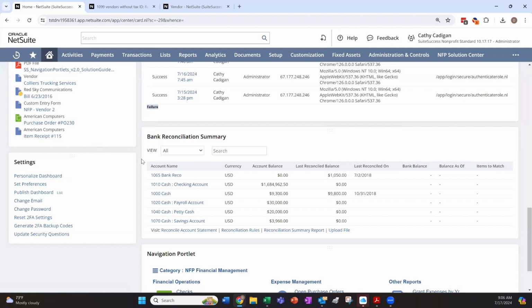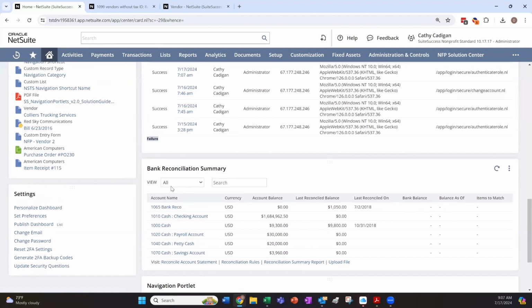The reason I bring it up is if at some point your administrator gives you a new role, let's say you got a new job and a new role within your company, but you really like your dashboard. When you get the new role and you log in, it's going to erase your dashboard because the dashboards are role specific for you. So let's say you've done a lot of work on this dashboard and you really want it. You may want to publish that role to a new role